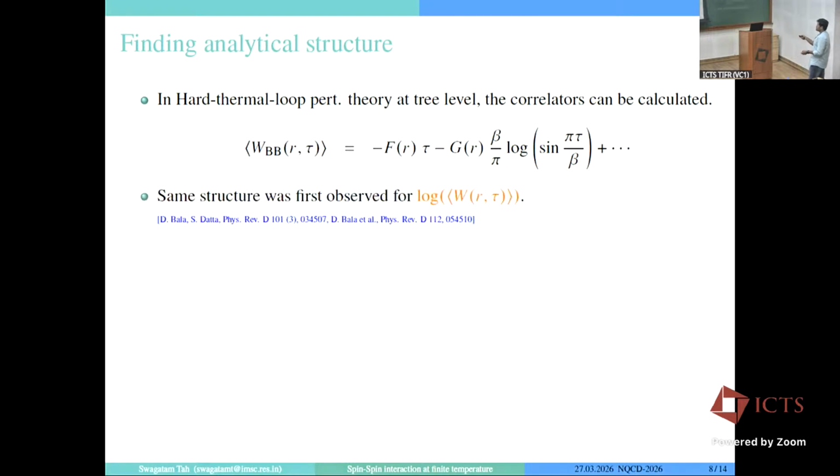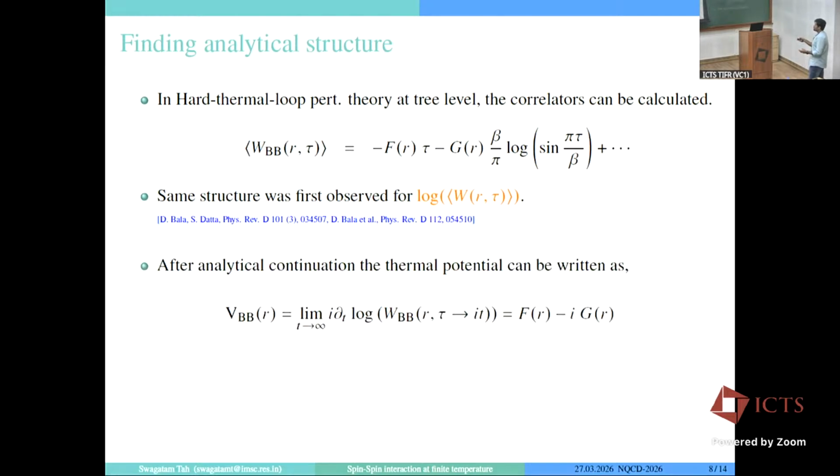So this same structure has been observed for the log of the Wilson loop. The crucial difference is that there is no log in our operator, whereas there you need to take a log for this Wilson loop, and the structure remains the same. Now if we analytically continue from tau to it and take this limit,